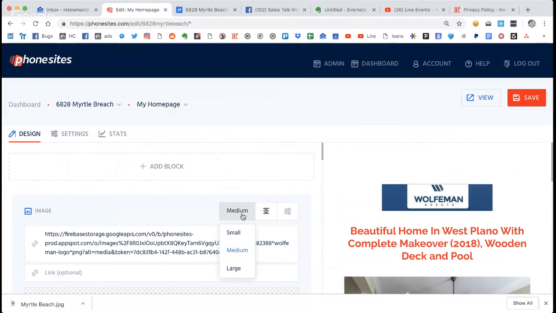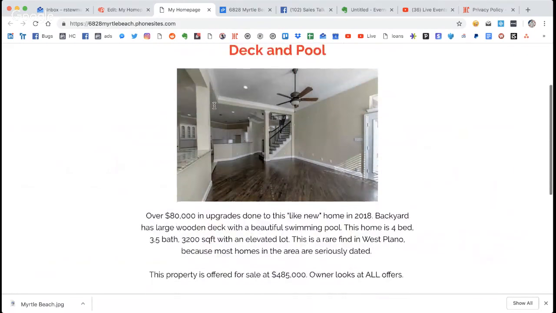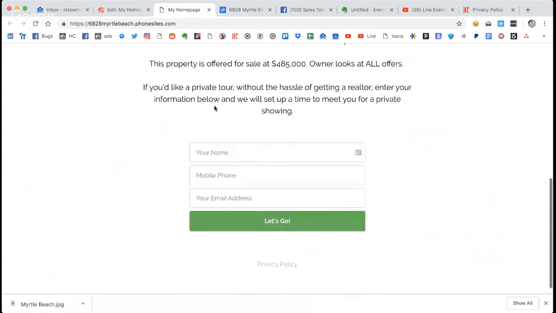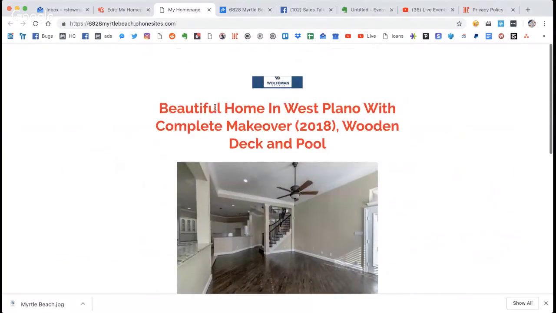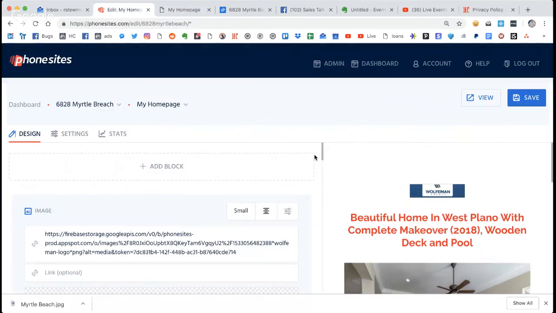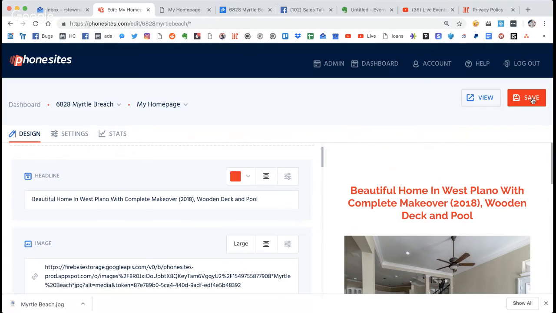Let's see if I can shrink this down to where it's small. I don't know if that looks good or not. All right, so now let's check out what we built here. First of all, we are going to get rid of this image. Okay. Next thing we've got to do is go back to this,